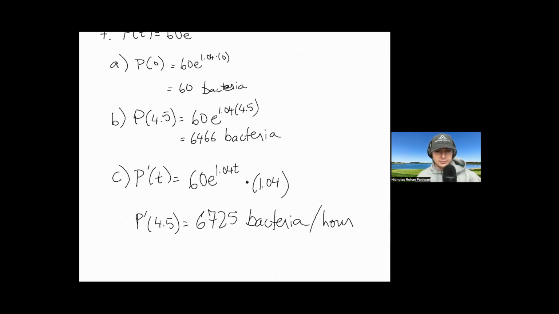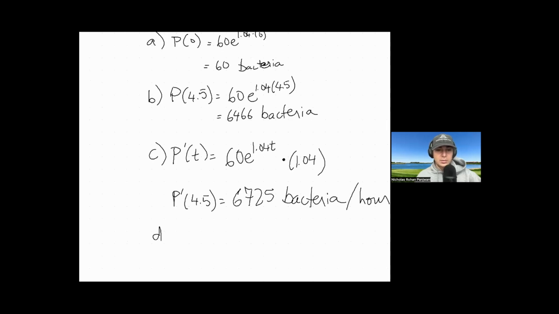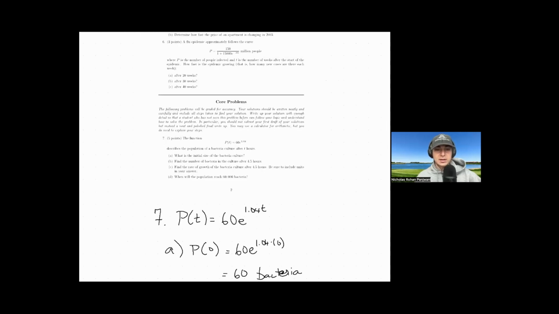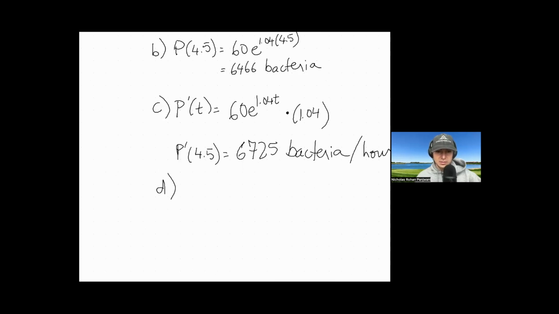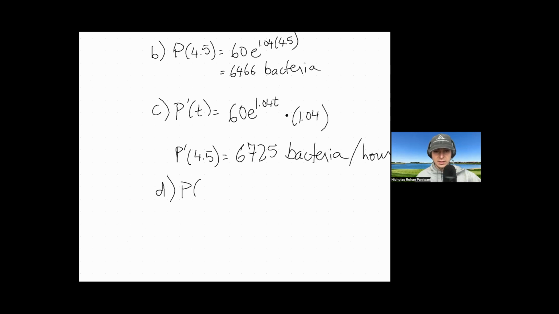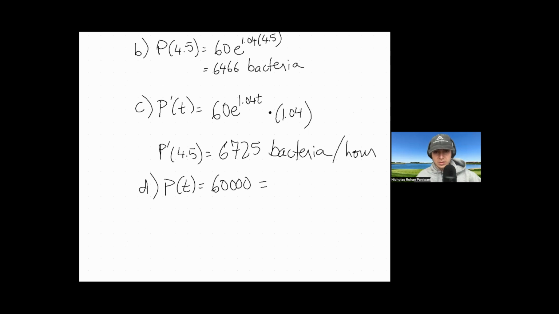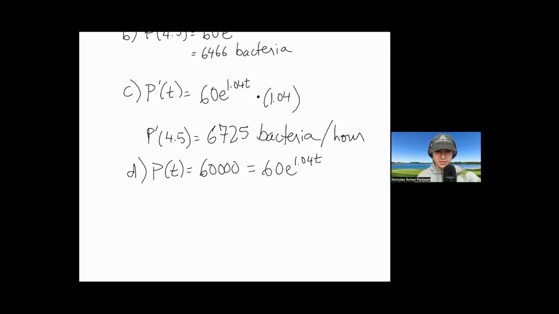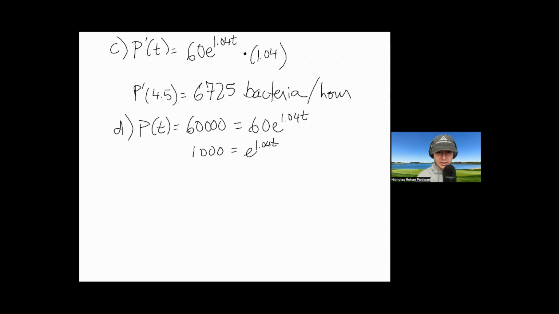Great. Part D, if there's a D. When will the population reach 60,000 bacteria? So we're saying that the population at some time t is equal to 60,000, which is equal to our 60 e to the 1.04 t. Which means if we divide both sides by 60, we have 1,000 equals e to the 1.04 t. And then we can take the natural log of both sides. So we have ln of 1,000